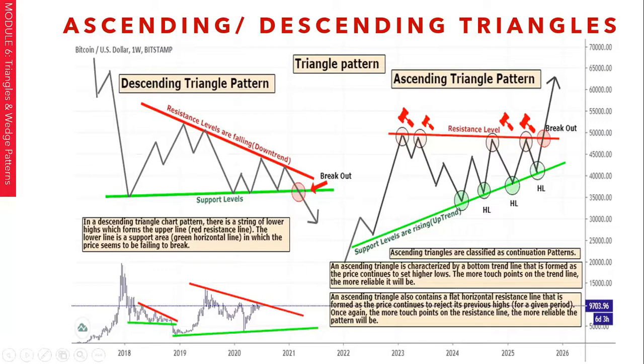An ascending triangle also contains a flat horizontal resistance that is formed as price continues to reject its previous highs for a given period. Once again, the more touch points on the resistance line, the more reliable the pattern will be to break out. So this is very basic beginner level information that a lot of traders sometimes tend to forget once they begin to advance. But just know that the more, think about it this way, again, in terms of common sense,